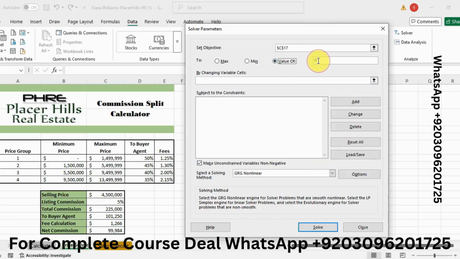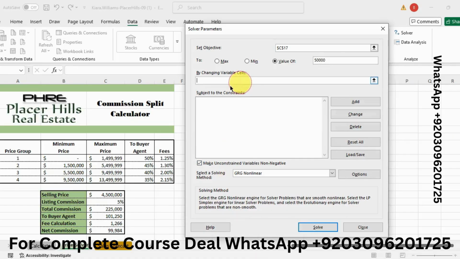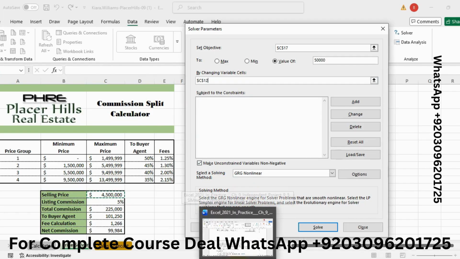Value of 50,000 by changing cell C12. Where is C12? This one. Okay. And now select the solving method GRG Nonlinear.